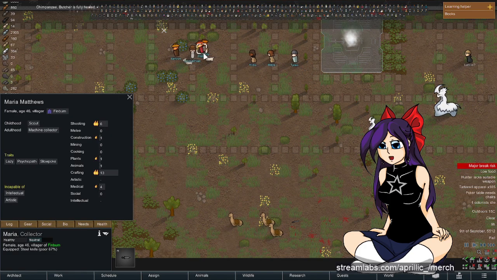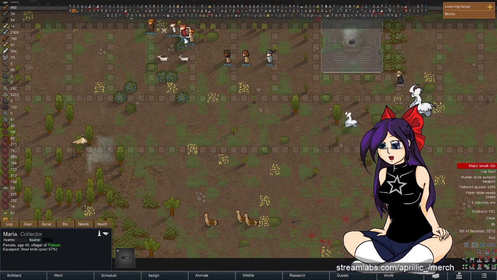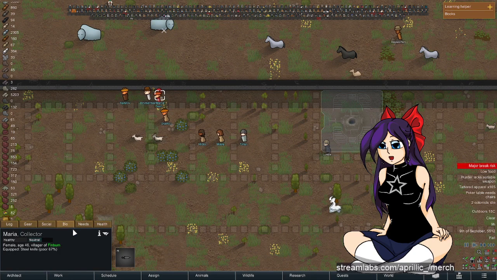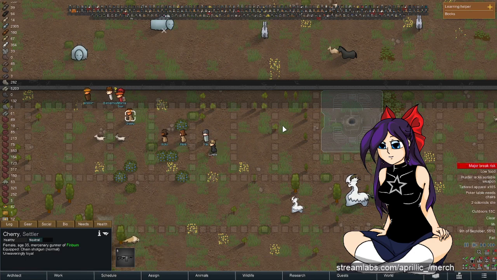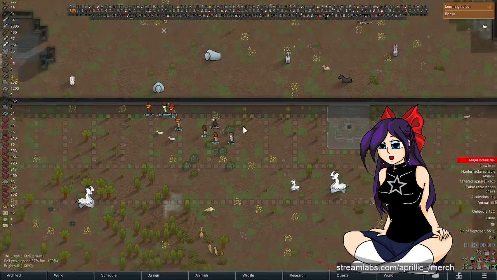There's like 3 people here. It's really hard to click on all of them. I clicked on Don. Where is... There's like a Maria or a... Yeah, there's a Maria there. What are you? Okay, I think Cherry's the only one that's loyal. This is not what I was expecting to do right before winter, but...